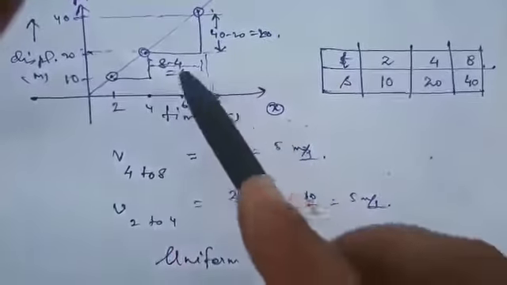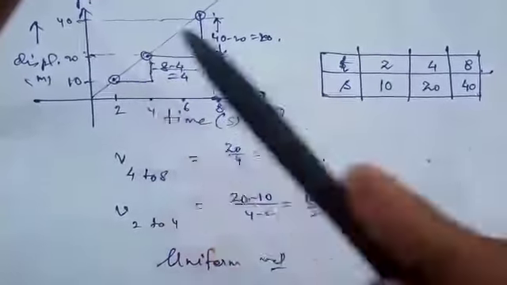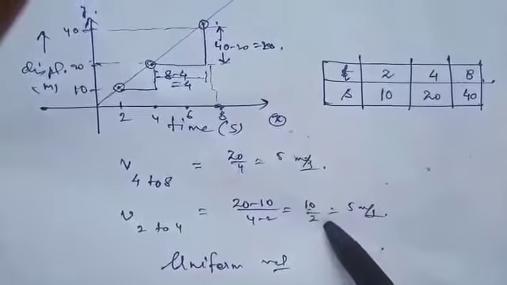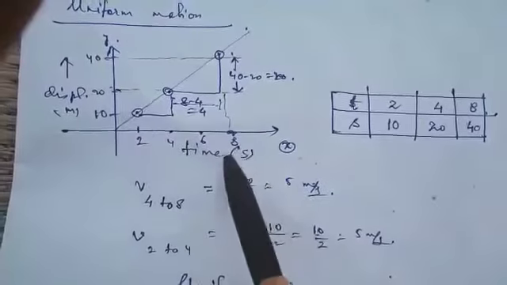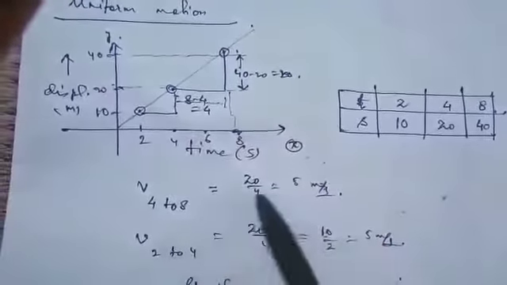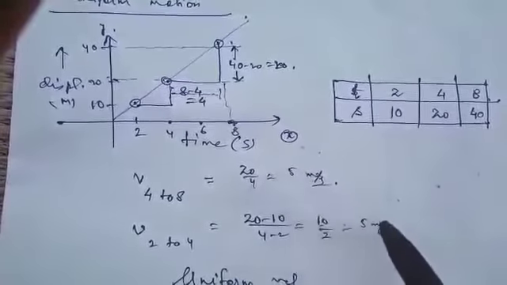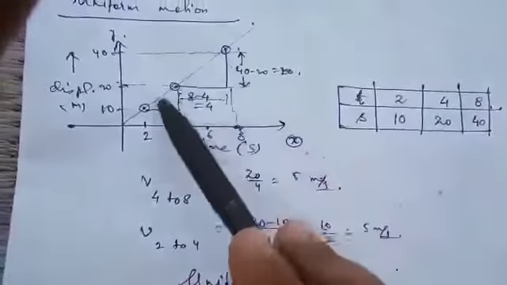In other words, this is change in displacement, and this is change in time. Change in displacement by change in time means rate of change of displacement, which is nothing but velocity. So from a displacement-time graph, for a body which is moving in uniform motion, the velocity is the same. There is no acceleration. The acceleration is zero. In such cases, the graph will be a straight line passing through the origin.